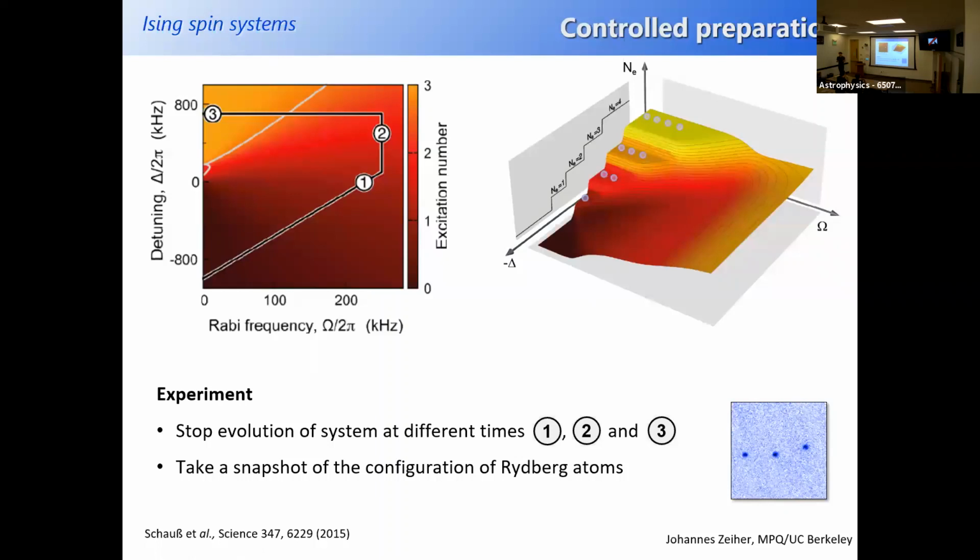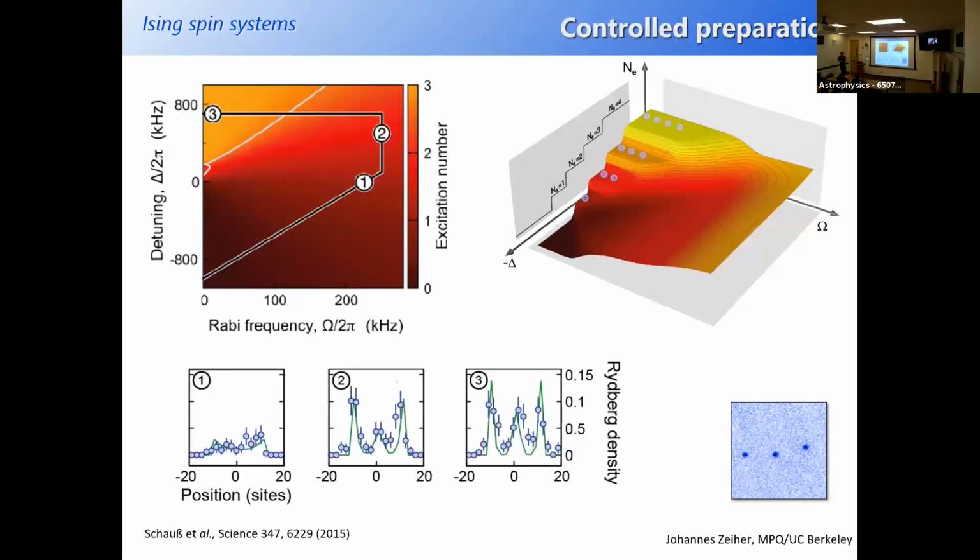The way the experiment goes is we follow this trajectory in a time-dependent way, and after certain steps, we stop the time evolution and look at the density of Rydberg. You can look at these pictures in this 1D configuration, what you expect in an ideal case. For example, here is this chain of arranged Rydberg states, this crystalline state, if you like. Of course, we want to do this many times and look at the density. And here's what we get.